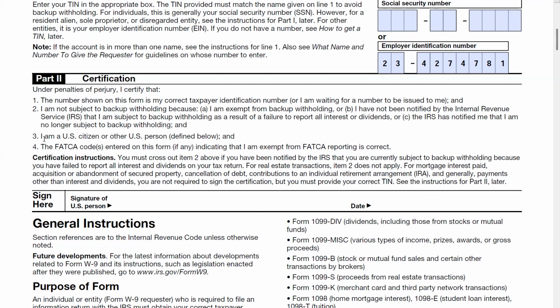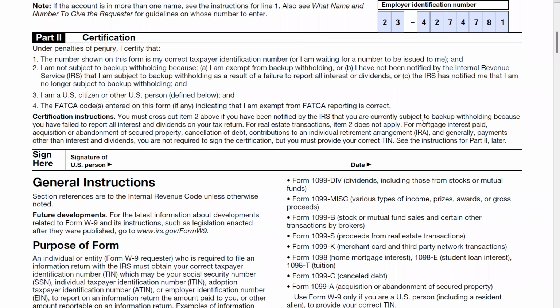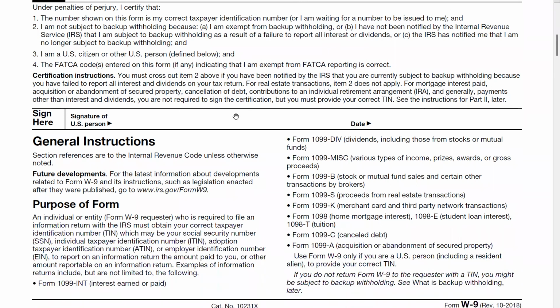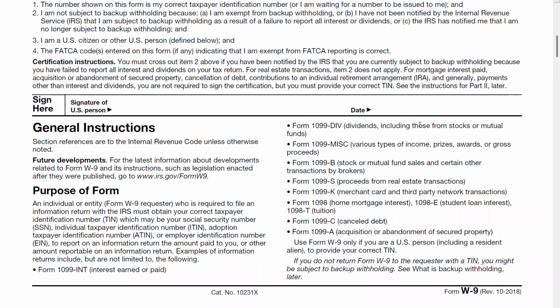Number 3, I'm a US citizen or other U.S. person, which is defined below. And the FATCA codes entered on this form, if any, indicating that I'm exempt from FATCA reporting are correct. Now, if you don't have a social security number, you can put your TIN, tax identification number. That number will go up here. All right. This form is not considered complete until you have signed this with your John Hancock there, or in this example, it would be your Victor Baxter, and date it. Now, this form does not go into the IRS. This form is going to stay on